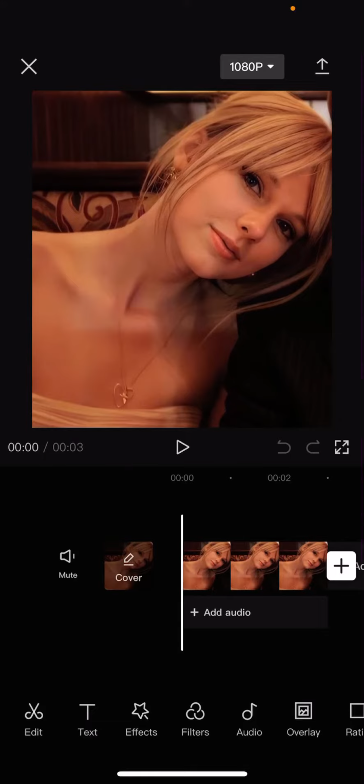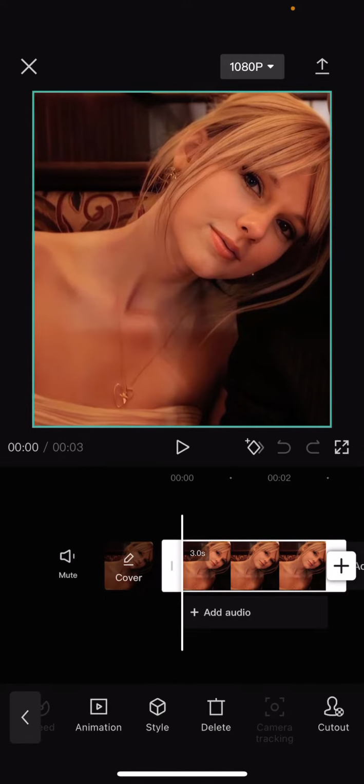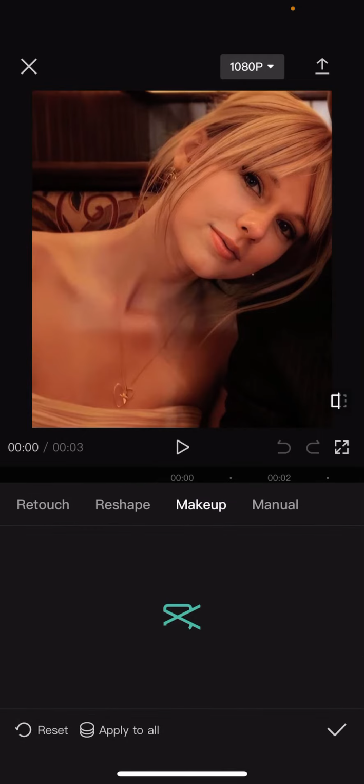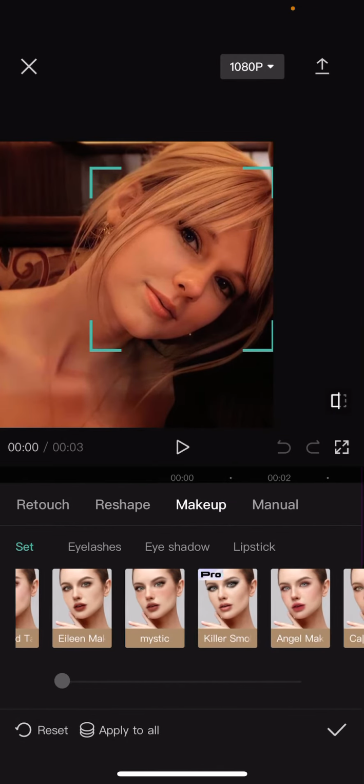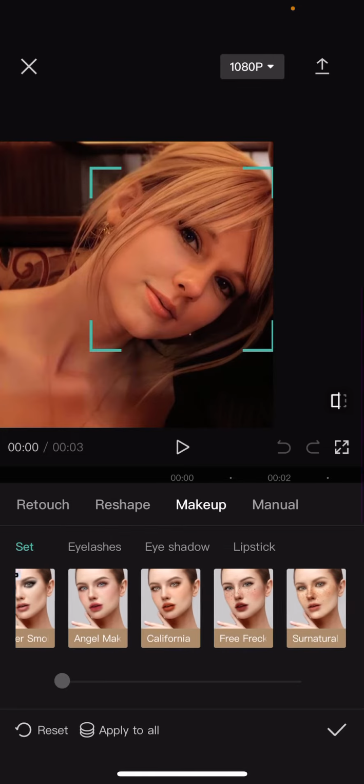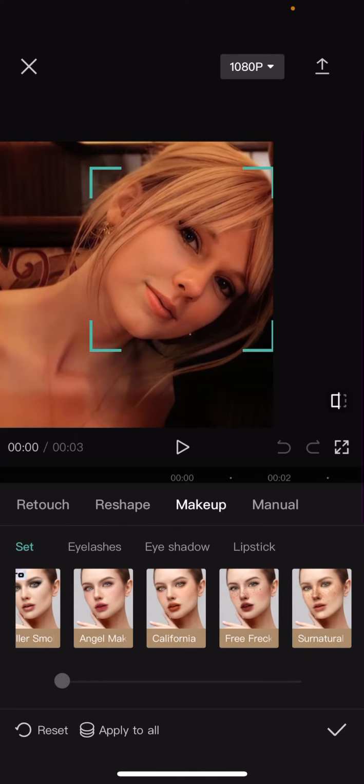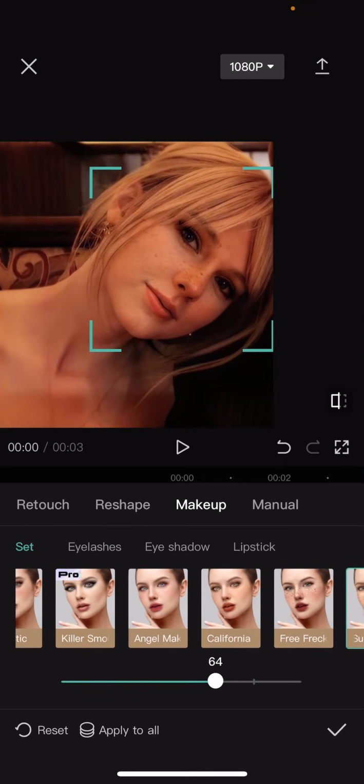In this video I'll be showing you guys how you can basically add makeup to your pictures or videos in CapCut. So you can just select the picture and you are going to select the retouch button, go to face. There's some other stuff, but I'm just going to add makeup. There's a few that you have to buy, and of course Taylor doesn't need makeup, but this is just an example. So I'm just going to select this one, and here you can kind of adjust the